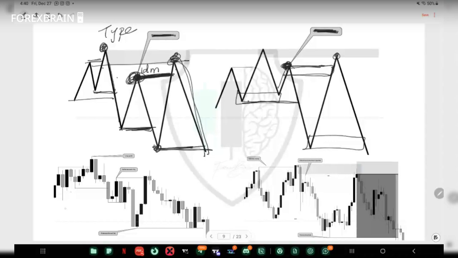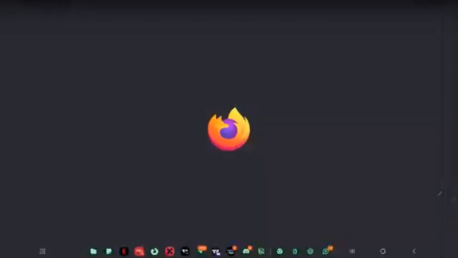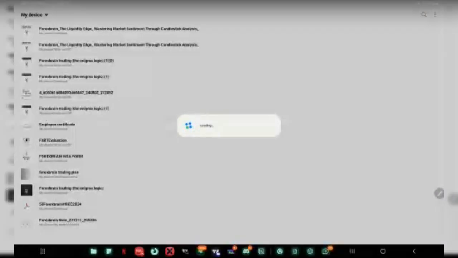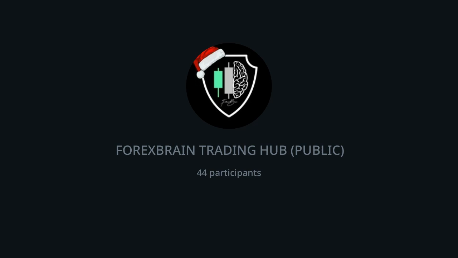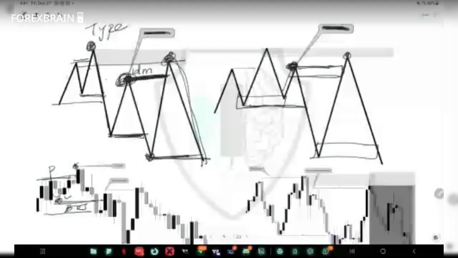I did not even mark this well, sorry. But let's just say this is a structure point because of the 3 candle formation. So we had a break of structure to the downside here. We grabbed an eye. Okay, so we grab this eye, making this guy what? A protected eye, isn't it? So this is a protected eye because it grabbed liquidity and it led to a break of structure.